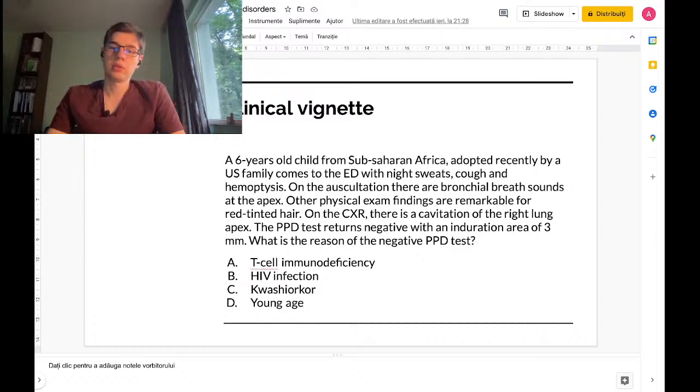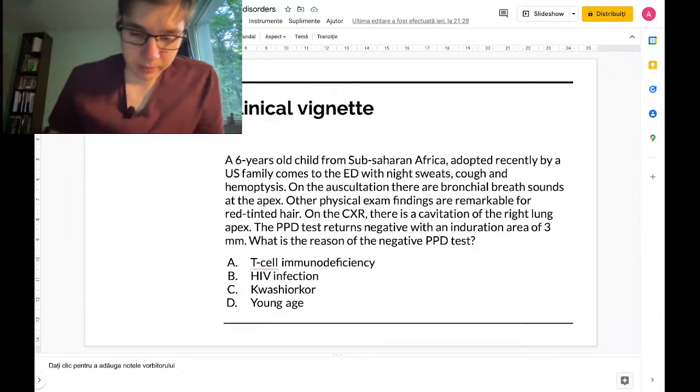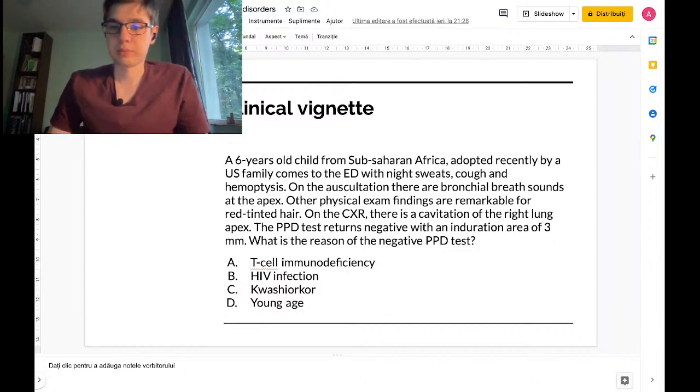Okay, so Dr. Deepak said that the patient has red tinted hair, so he goes with kwashiorkor. Lucas says that kwashiorkor is malnourishment, but he doesn't think that there's any link to TB. Parth, do you have an opinion on this? And also, but PPD negative. Okay, so